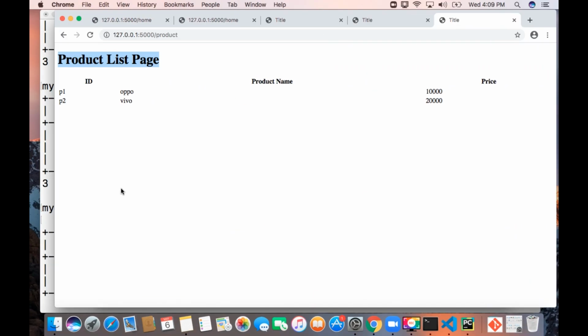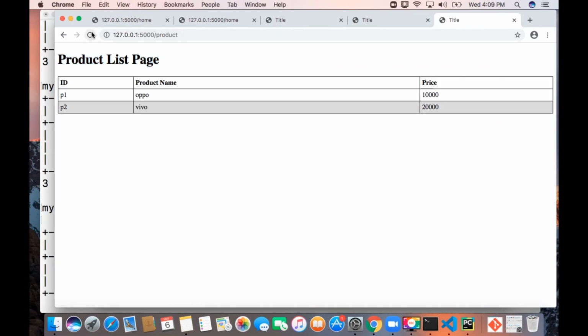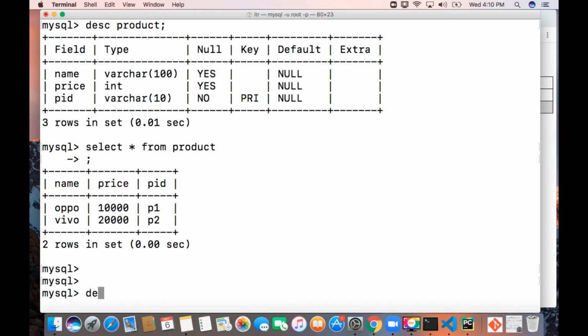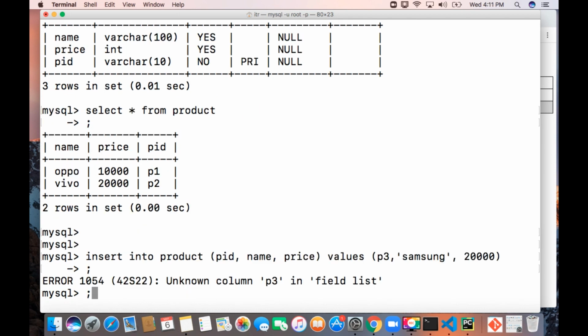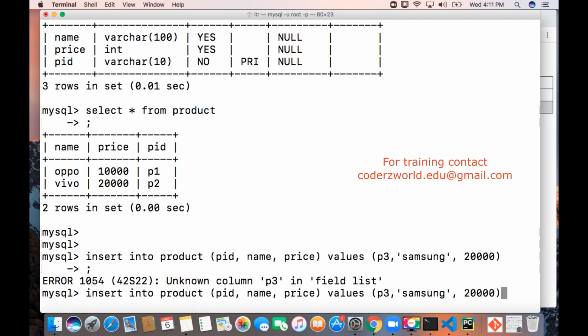Now refresh the page. I'm going to insert a couple more rows in the database. Insert into product. So here it is a string column.